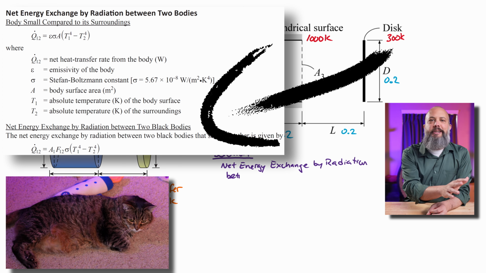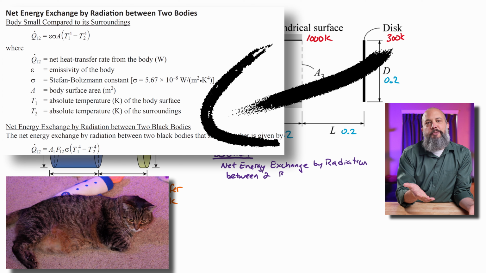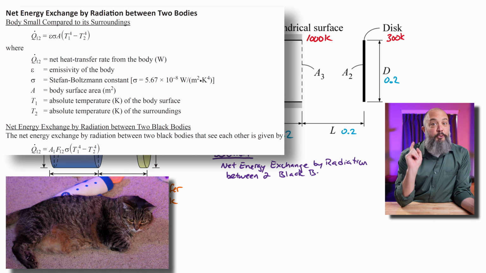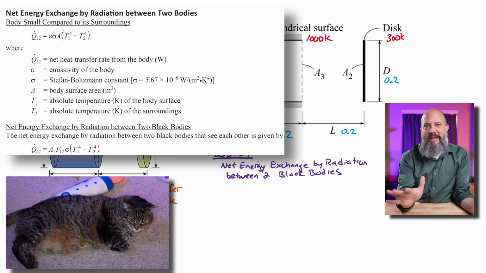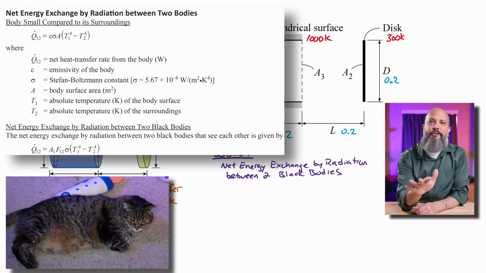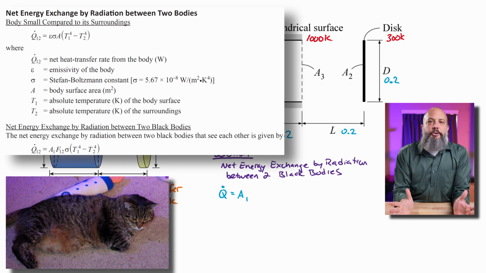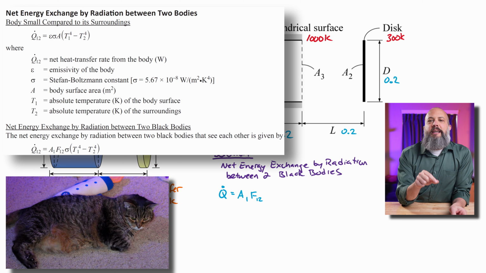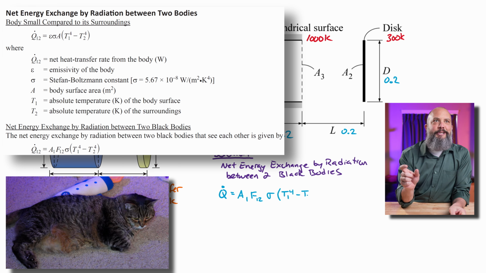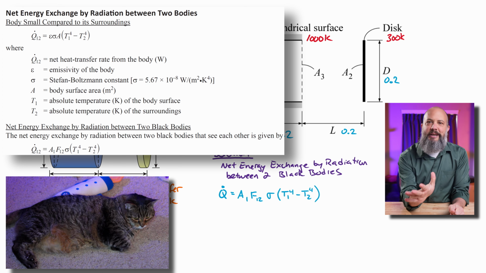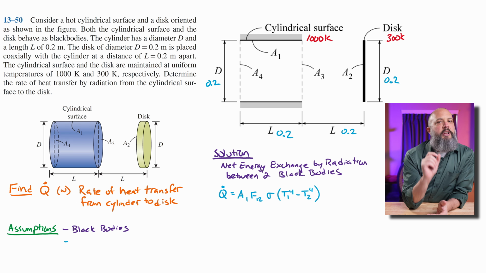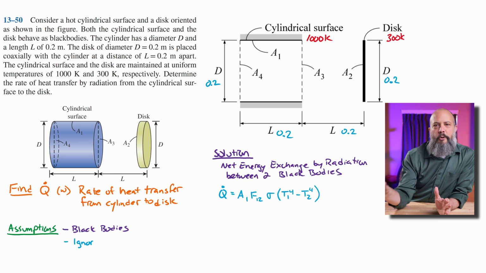So I'll go ahead and write down an assumption. I'm going to assume that these are both black bodies, which is a really good assumption to make for most radiation problems. If the problem doesn't specifically say you have gray bodies, assume black bodies, makes the problem easier. So Q dot equals area times shape factor times Stefan-Boltzmann constant times the difference of the fourth powers of your two temperatures. But I should throw a couple other assumptions at this problem first before moving to the shape factor,